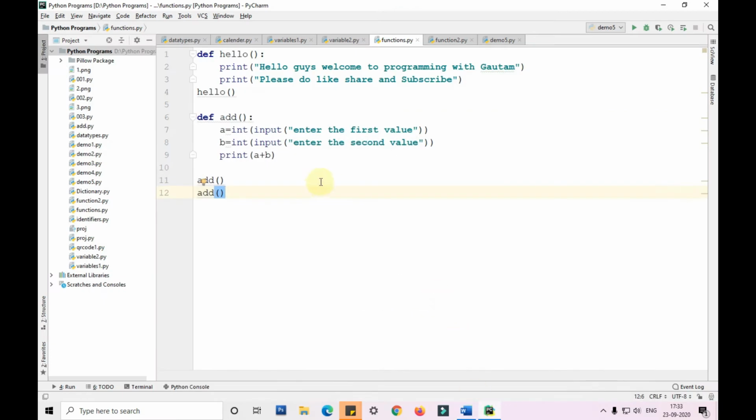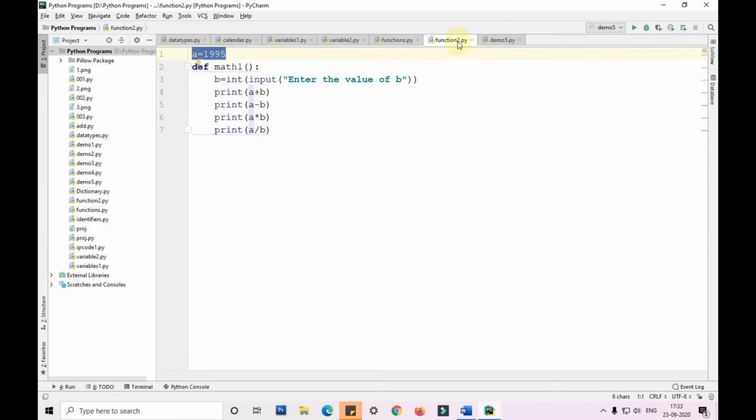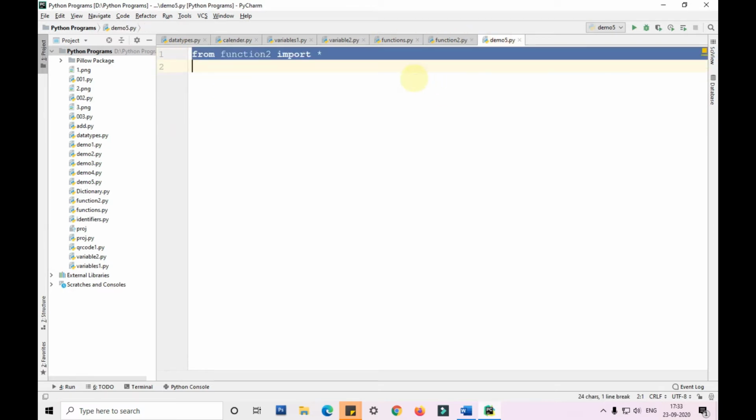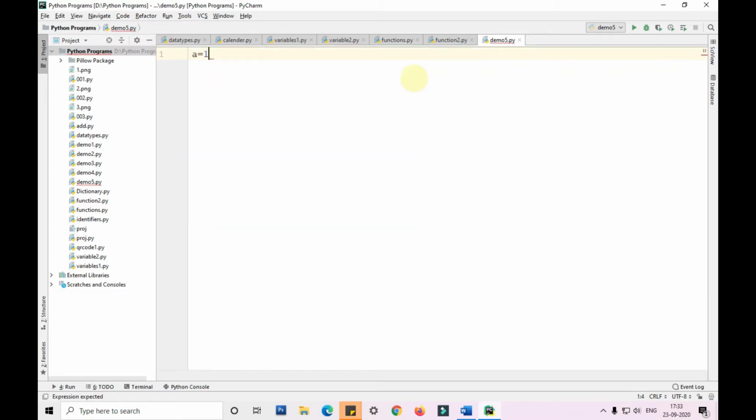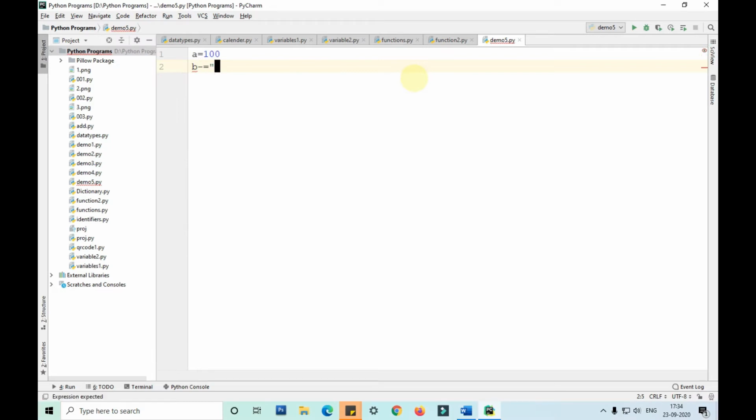Any variable declared like this: a is equal to 1995, or a is equal to 100, b is equal to hello, c is equal to 10, 20, 30. These are all our global variables, guys.